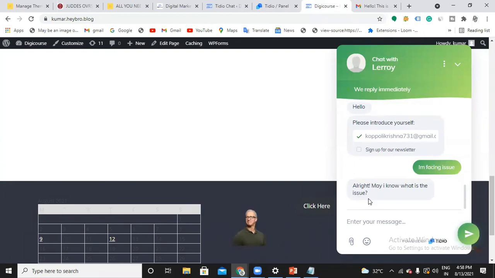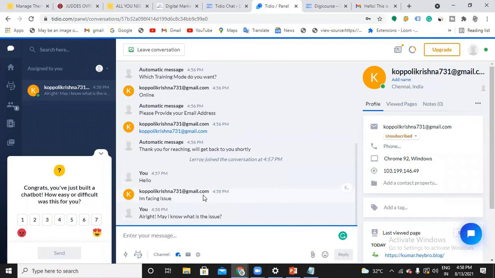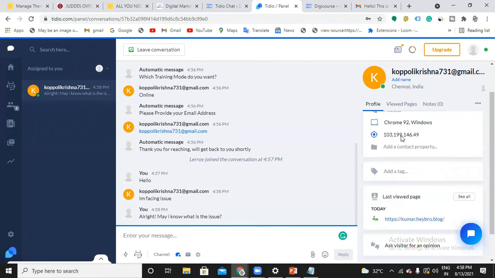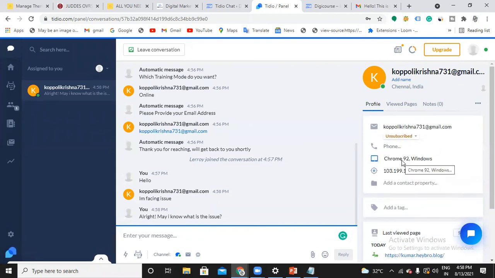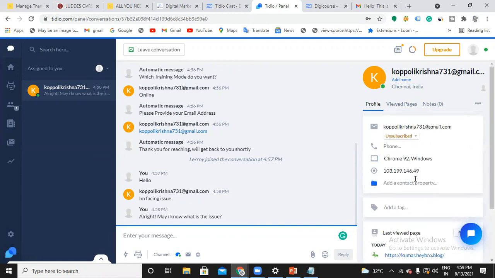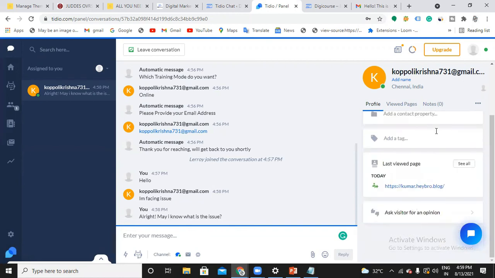So this is how we create a chatbot and live chat. Initially you can make a machine work. Once you feel a person needs to answer, you go back to your panel and then you can answer the user's questions, right? Got it? Yes. See, ma'am, now it is showing which browser that person is using, the IP address, and their mail address also. Clear? And which page that person has been to. It's the home page, right?